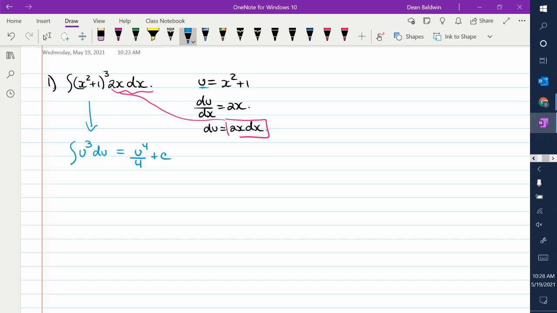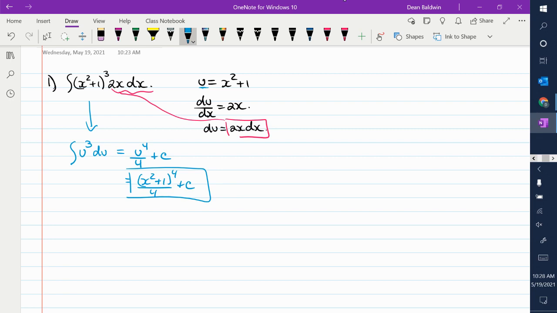The last step is to get rid of the u. So sub out. Instead of having u here, we said u is equal to this. So you put that back into there, and you get x squared plus 1 all to the 4 over 4 plus c. That is the integral, or the antiderivative, sorry, of this. If you took the derivative of this, you would get that. And you can check it,